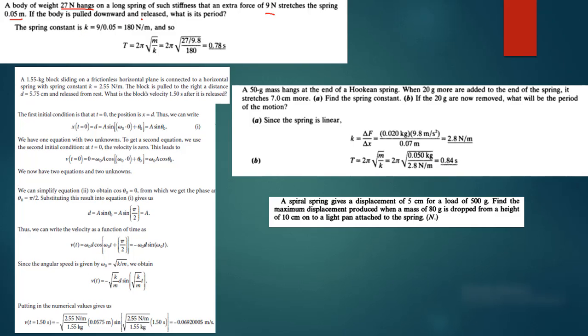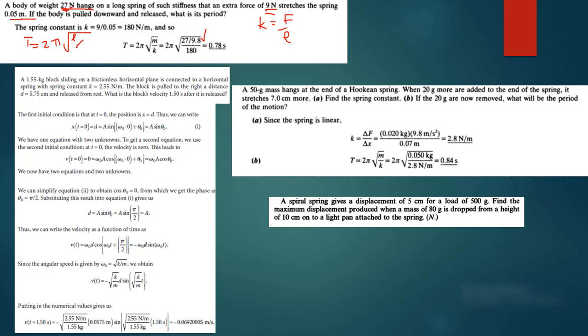So we know the time period is given by 2 pi square root of m over k. So m over k, we have the mass ambayo tumepewa weight, tukidivide by the acceleration due to gravity, 27 divided by 9.8, tunapata mass, divided by the spring constant ambayo tunaweza tukaipata because we have the force, we have the extension. Tumeshaambiwa spring constant sasa ni force over extension according to Hooke's law. So tungeweza kutumia formula 2 pi